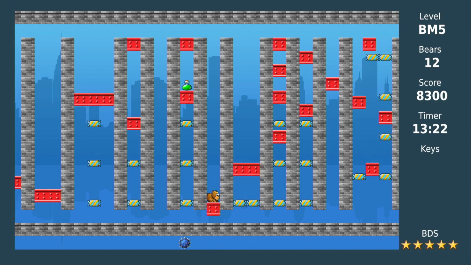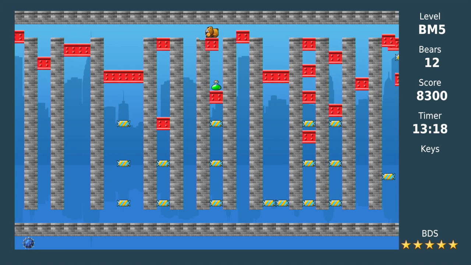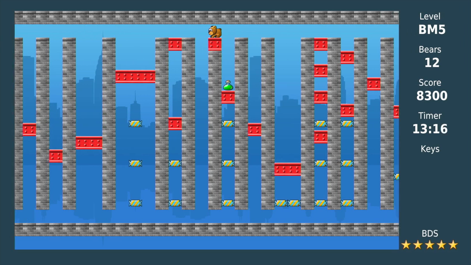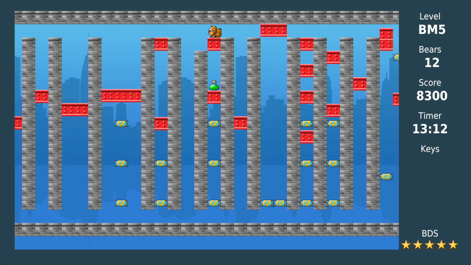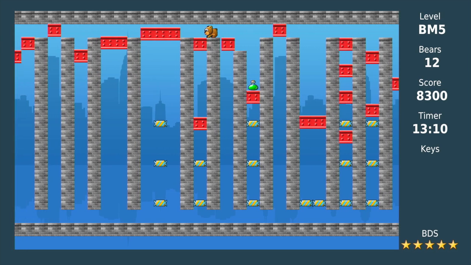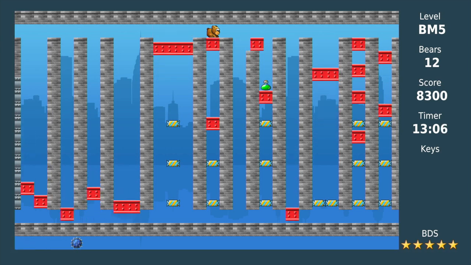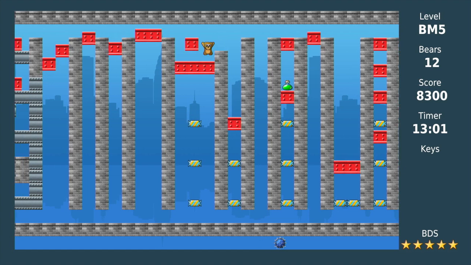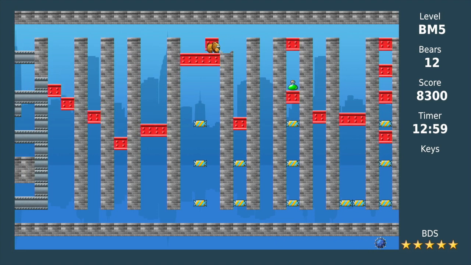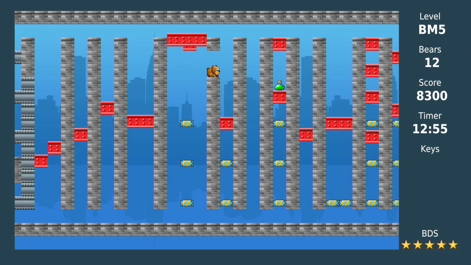I think this is the one where I get it right. It's a little sloppy, but I pull it off here. So the idea is you've got to be digging from the platform. Once you get past that first level or two where you might get squashed, you're going to dig from the platform, get off, dig from the platform,